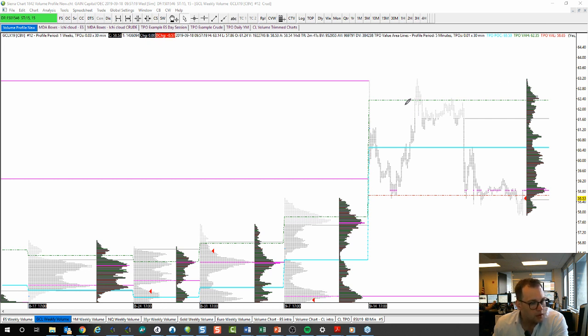So this is this distribution of time broken out. As you see, it kind of condensed it all together. We can see we gapped open here, traded up to here, and then retraced back down, and then we worked our way back down to the weekly high. Important why we use those numbers. So weekly high held as support, and we shot all the way back up to this resistance area.